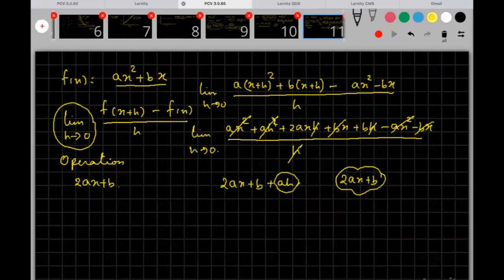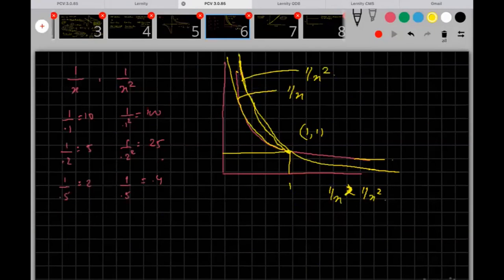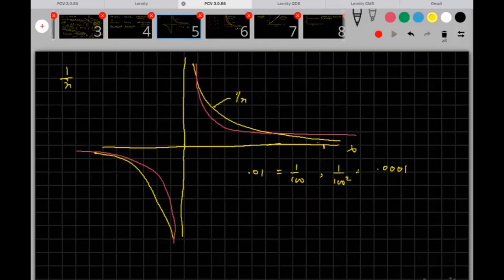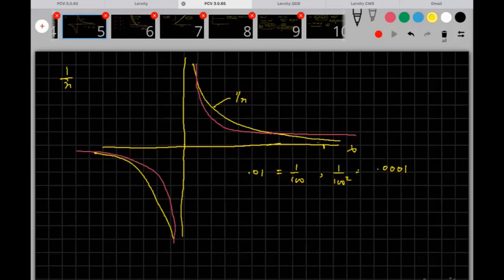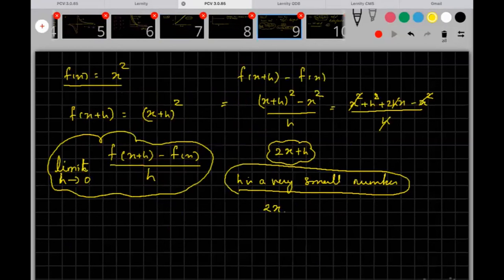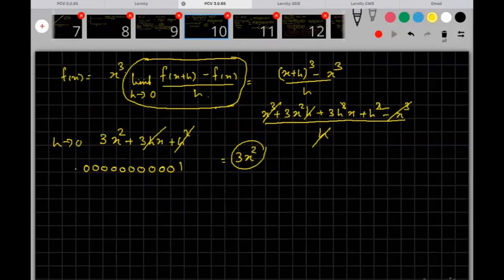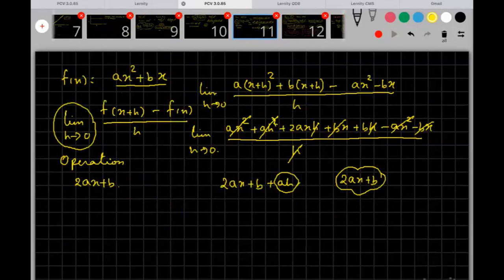Now somebody asked me about the fifth slide I've shown you. This is the fifth slide. We'll keep doing this again and again. Let me go back. So this, I hope you are understanding. ax plus b, x cubed, ax square. Whatever I did for x square plus bx, the same thing I did. Instead of x, I put x plus h the whole squared plus b times x plus h.